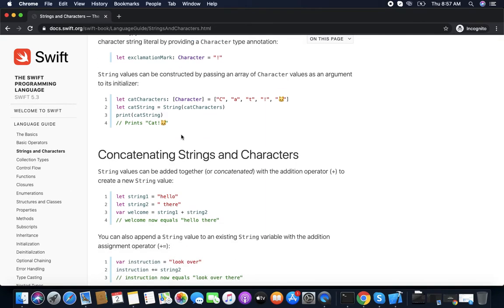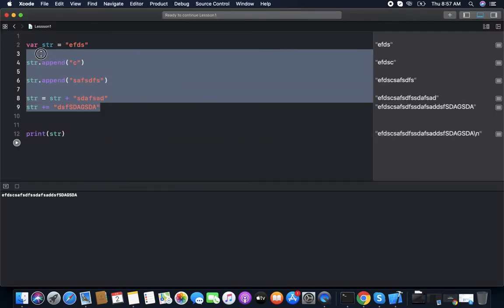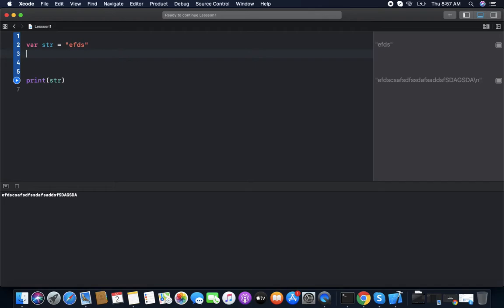Concatenating strings or characters. To add two strings within one string, we can concatenate. So we have string one, hello. We have string two, there. We created string three, string one plus string two. So it will be hello there. Let's try this with code. We have str, anything. Now we have str2 as anything.